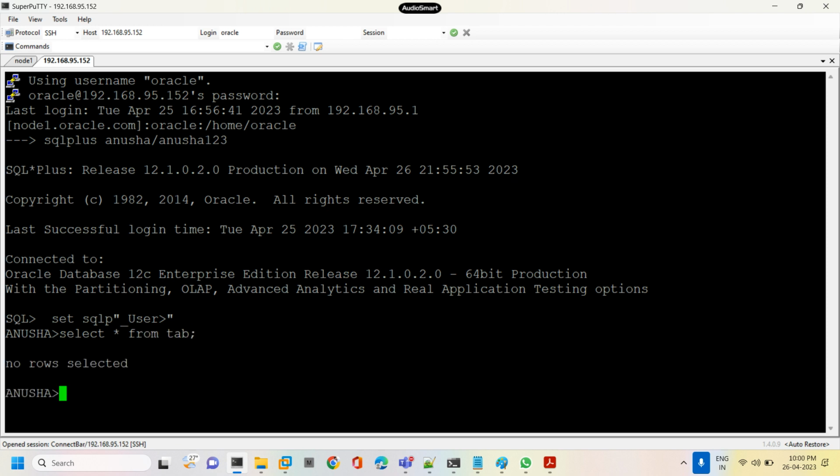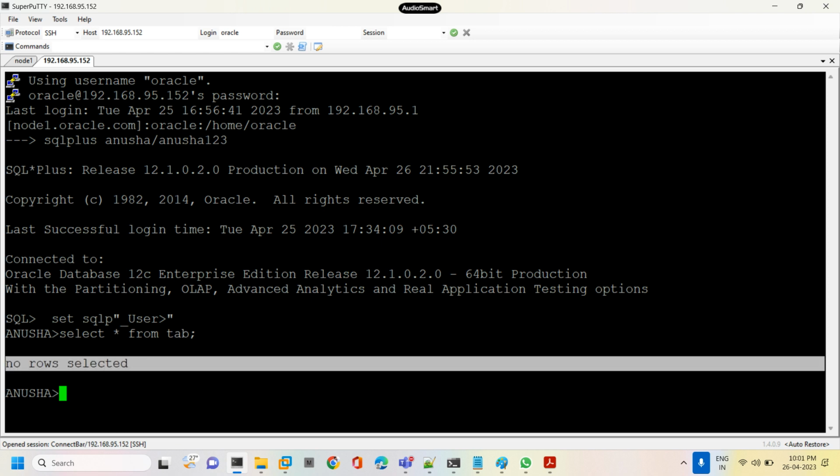See, tab is the default keyword, the default dictionary view for every user, that can identify which tables are defined or created in one user. It can be shown with select star from tab. So it will show all the tables information, or otherwise there is one more dictionary view like user underscore